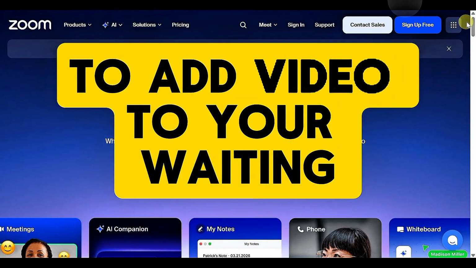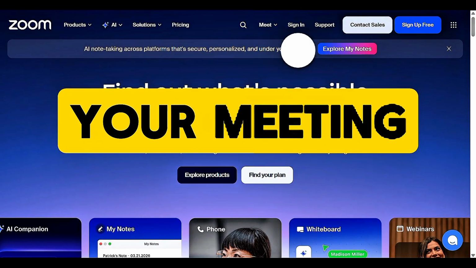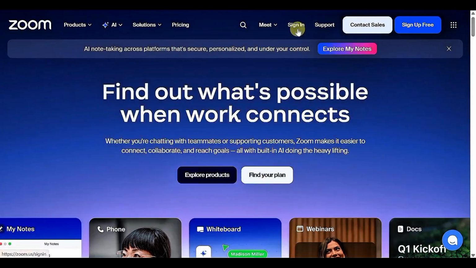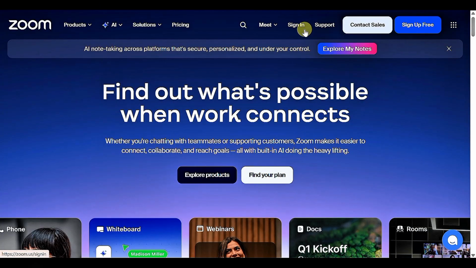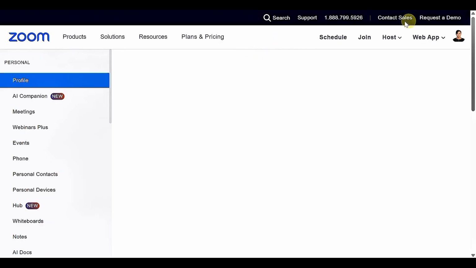To add video to your waiting room in Zoom that will play when people join your meeting, you want to come into zoom.com and click on the sign in here to sign in. You want to do this on your web, not on the desktop app. This will be done on the web browser, and you want to come over to this left pane here and